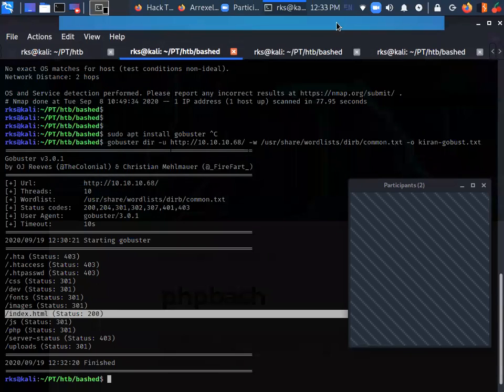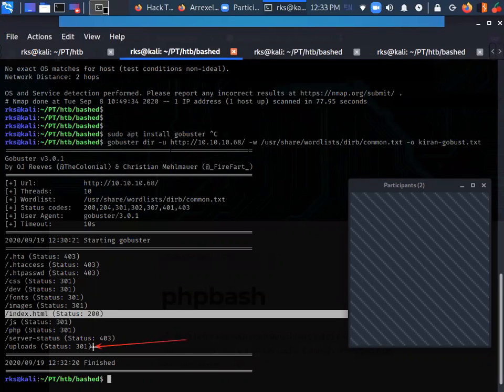Certain things of my interest are, let me show you here, let me mark them. Uploads, PHP directory, JS directory, images, and dev. So let's try to open them one by one. Let's start from the top.